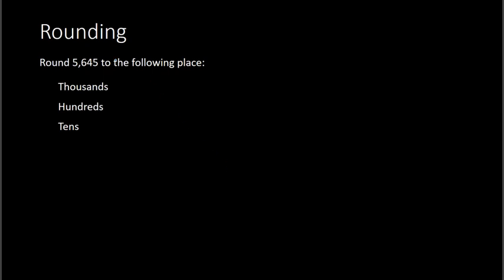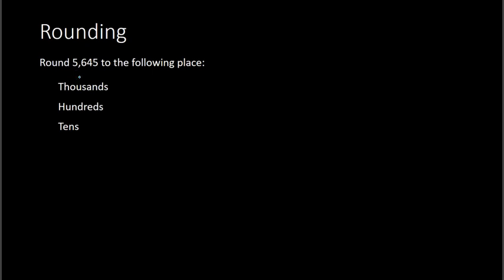In this video, you will learn how to estimate. So to estimate, you first must need to know how to round. If you were given the number 5,645, you could either round to the thousands place, the hundreds place, or the tens place. Now make sure you know your digits, which digit is which one. So the 5 would be your ones place, 4 is tens place, 6 is your hundreds place, 5 is your